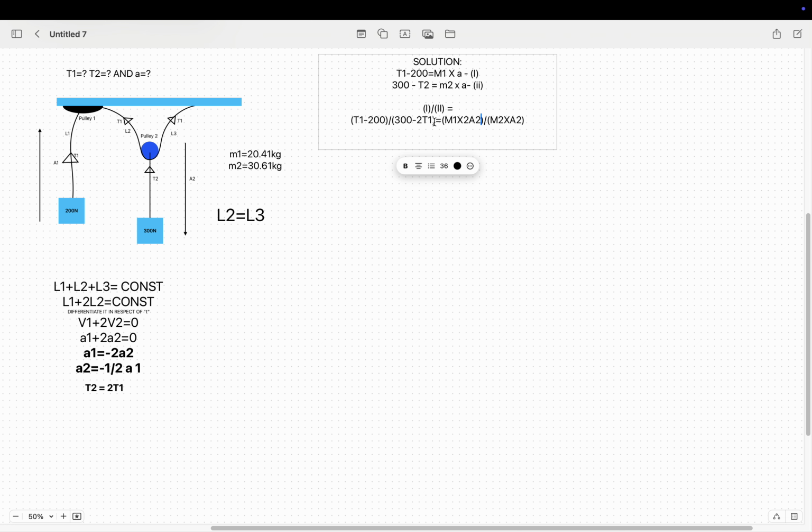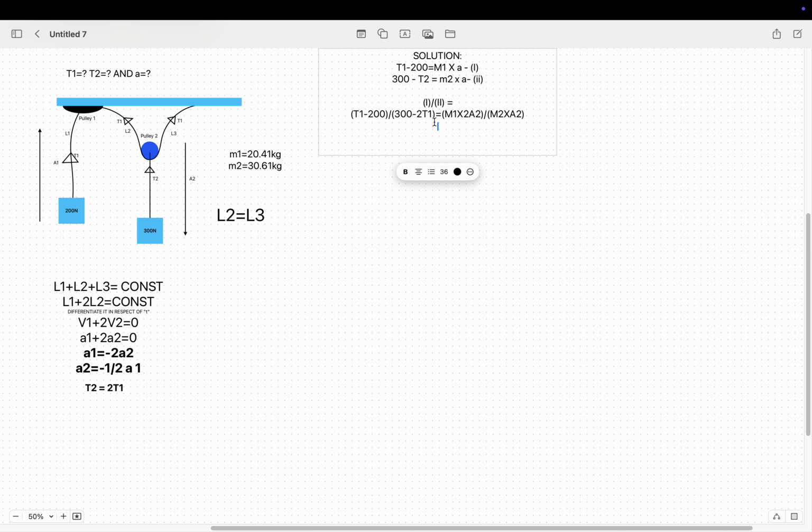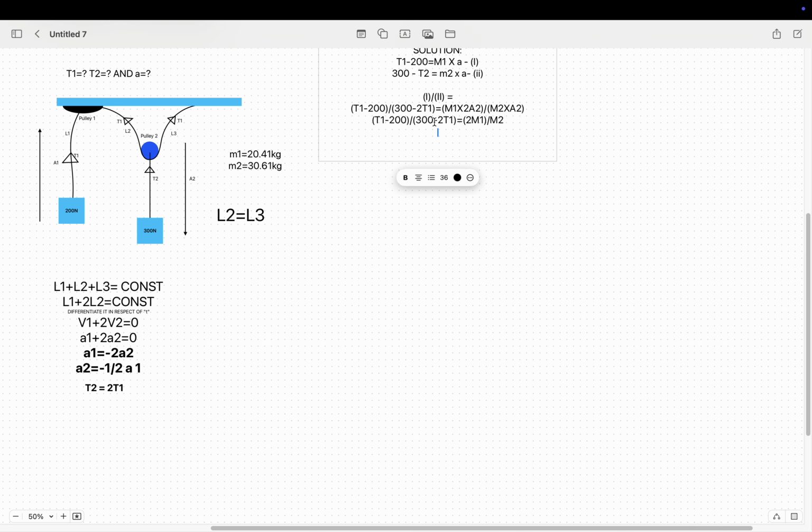Now if we write the next line, then it will be (T1 minus 200) divided by (300 minus 2T1) equals 2M1 divided by M2. Now if we write the next line, then